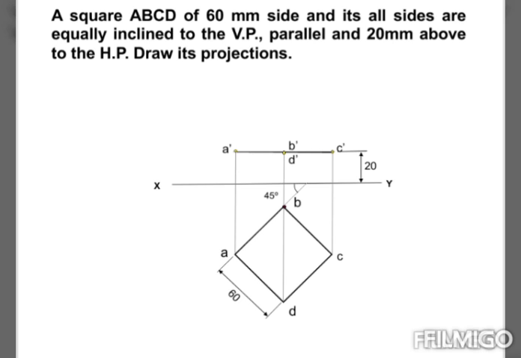Besides that, the length of the projection line in front view will be equal to the length of the diagonal of the square. So we will extend the diagonal points of the square from top view up to the reference line, and we will locate the points, and accordingly we will draw a parallel line to the reference line in front view.